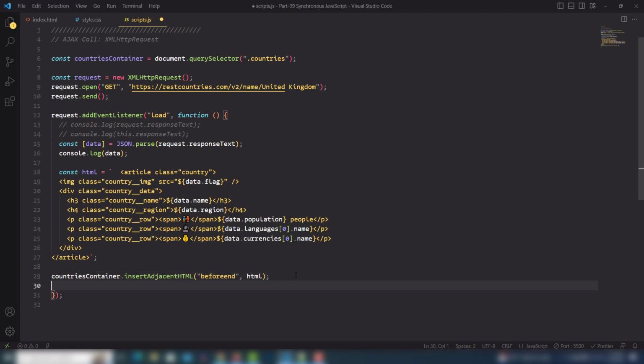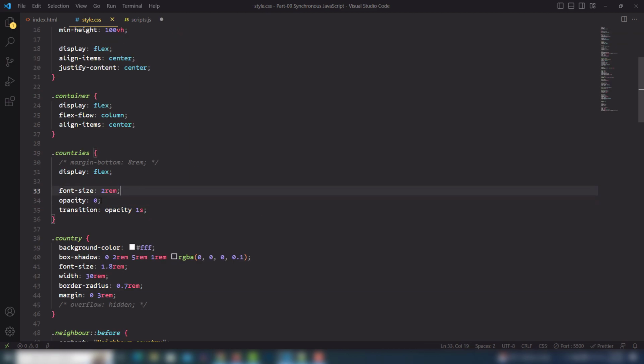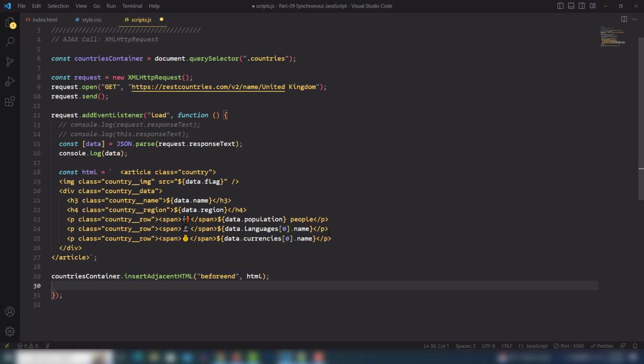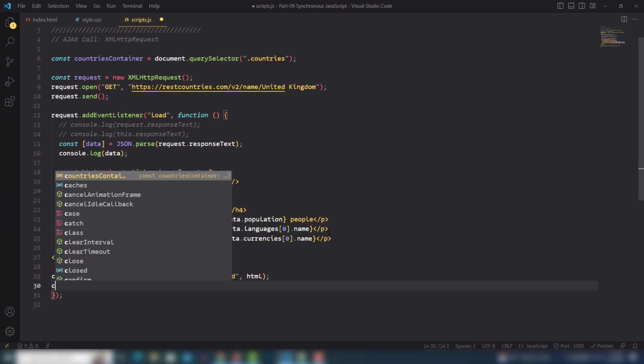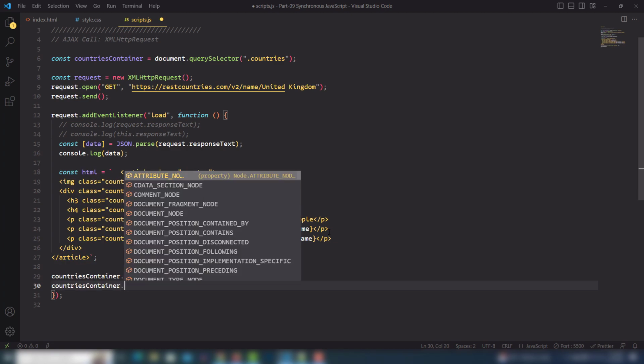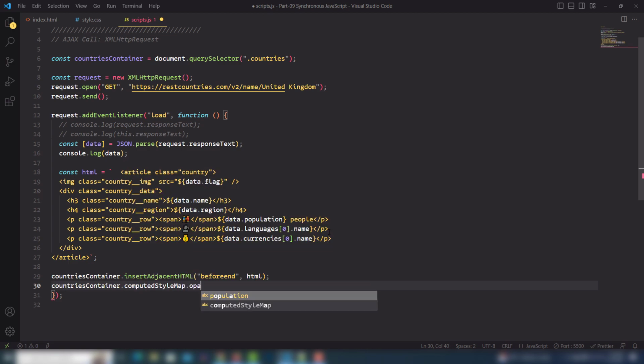Also we need to change the opacity. The default opacity is 0, but when it will display, then I need to change the opacity to 1. So first we're gonna save it, and